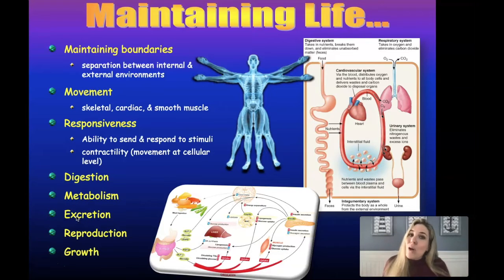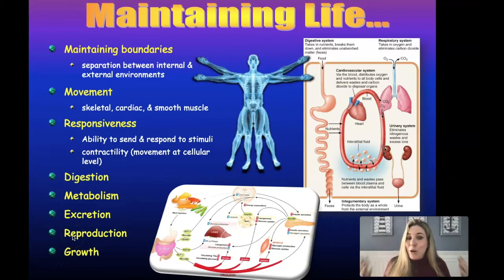Now, in doing all that metabolism, we produce a lot of waste, a lot of toxic things or things we just don't need in the body. Maybe there's excess of it. And in order to have our body be healthy, we have to be able to excrete that extra stuff that we don't want. And we're going to do that through the process of excretion, which, for example, includes urination and defecation.